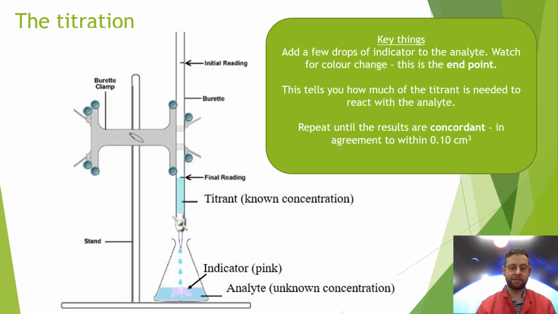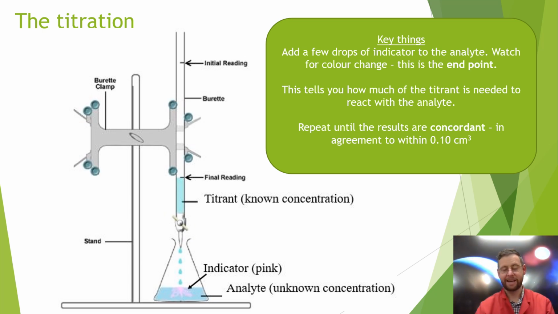Now what we're going to do is first of all turn the stopcock to get rid of the air bubble at the bottom of the burette, and then turn it back again, then switch and place it underneath the analyte with a few drops of indicator. Ultimately, we're going to be looking at the point where this neutralizes, and so the indicator is going to tell us when that happens. Now we need to do this multiple times until we get results that are concordant, which